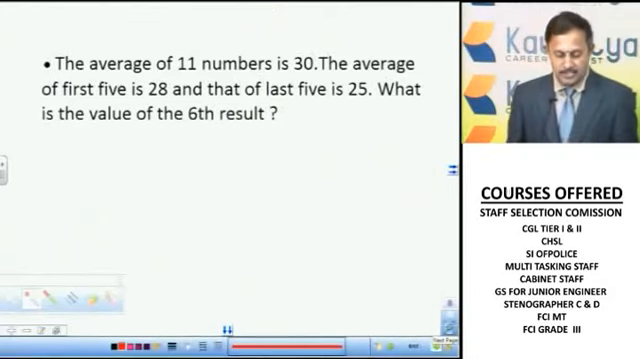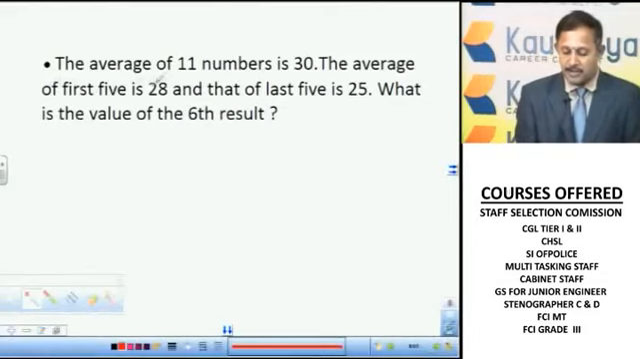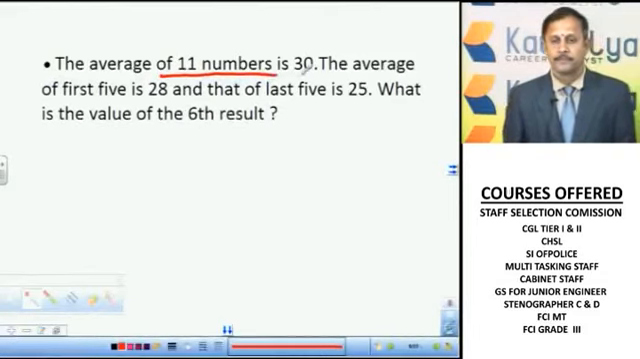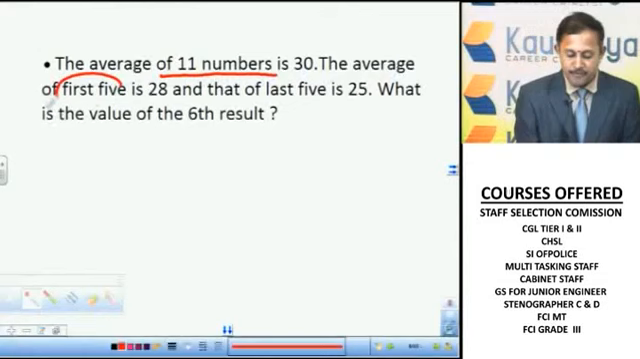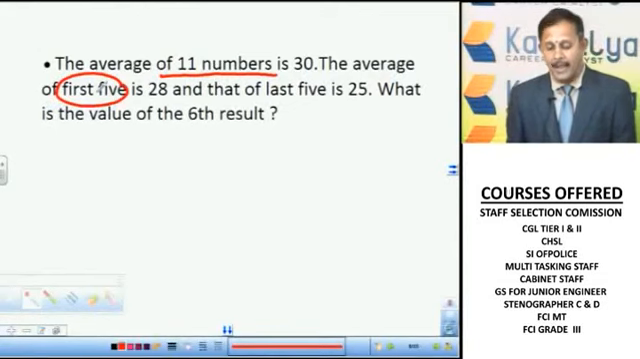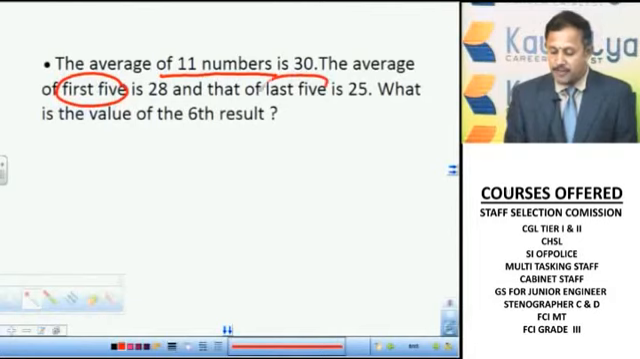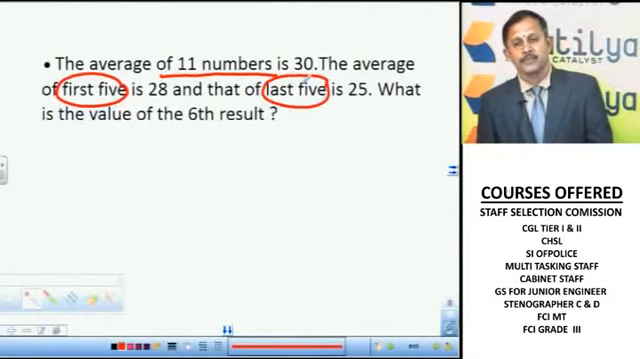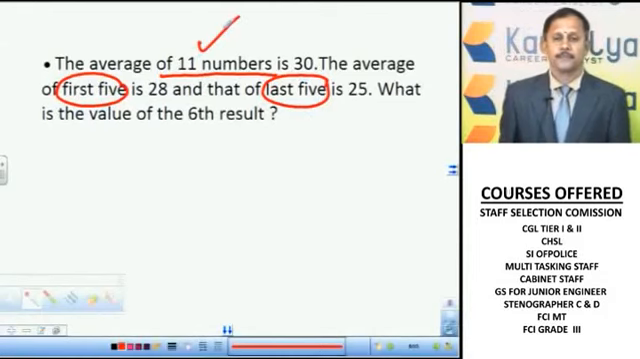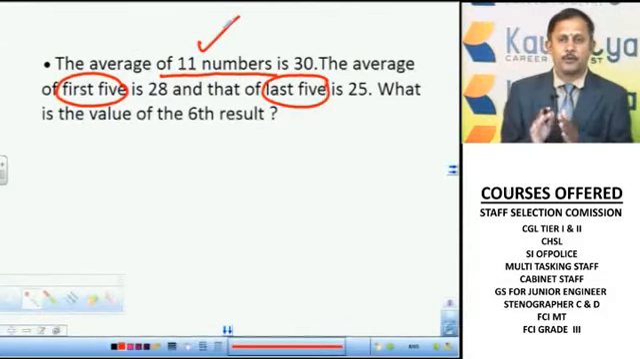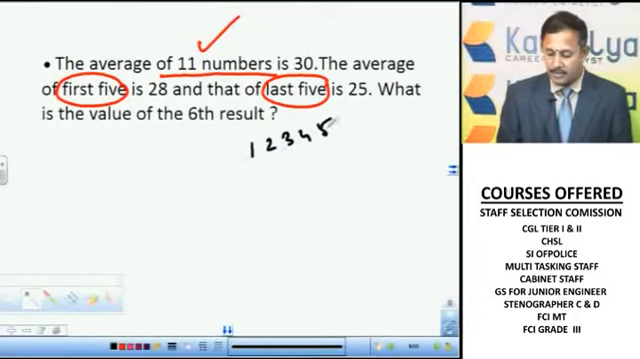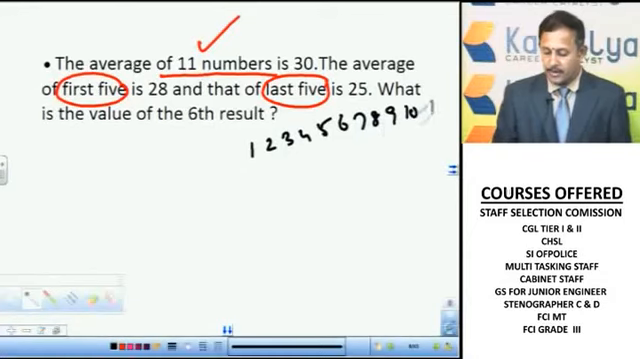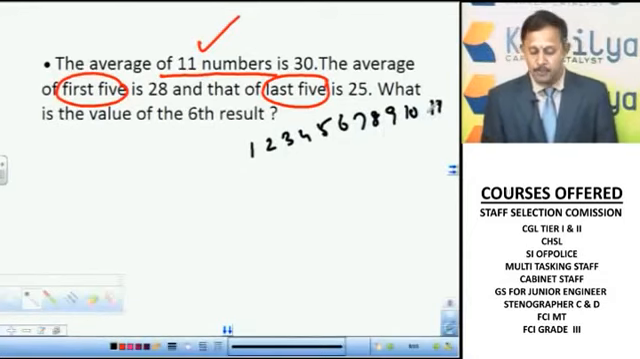Next problem with a little variance, you can observe that the average of 11 numbers is 30. The average of first 5 numbers is 28, and the average of last 5 numbers is 25. So here there are 11 elements in the data, but these 11 elements are divided into 2 subgroups, first 5, last 5, right? So these are the 11 elements, and out of 11 elements there are 2 subgroups, first 5